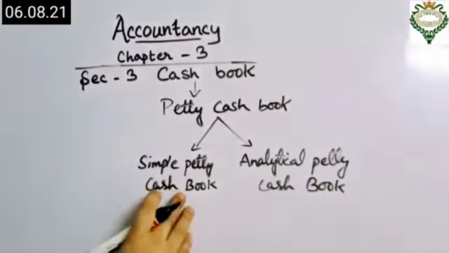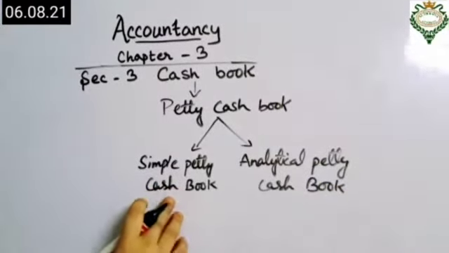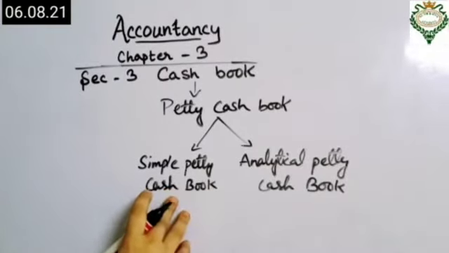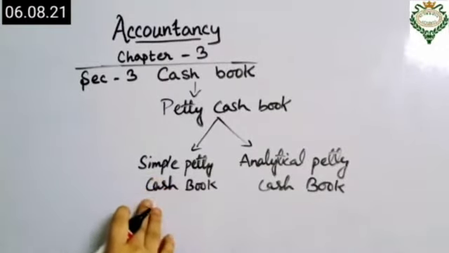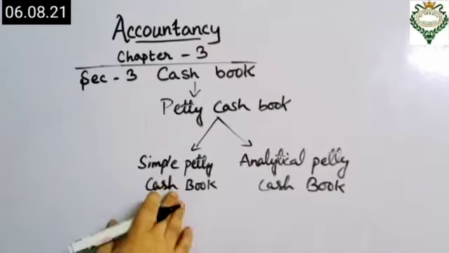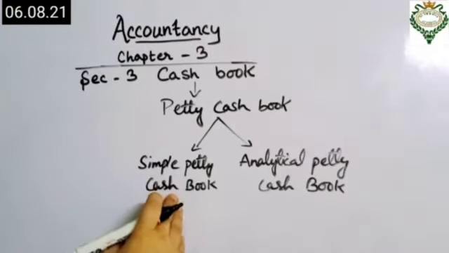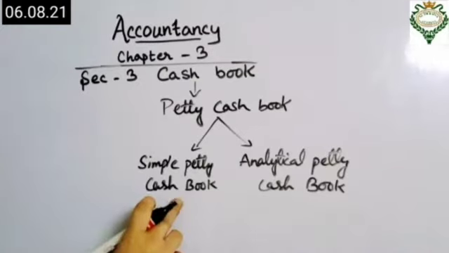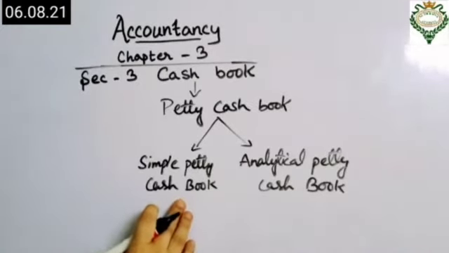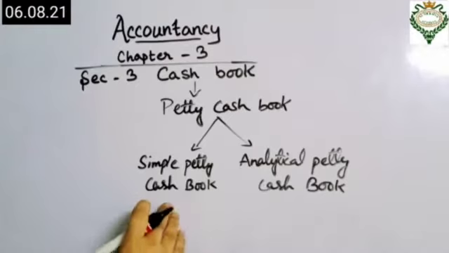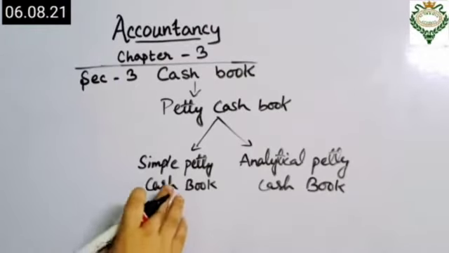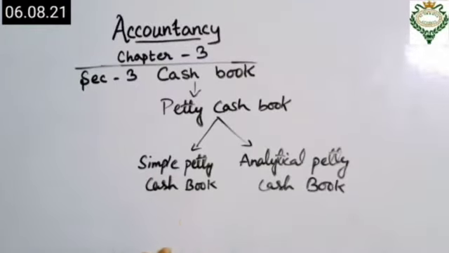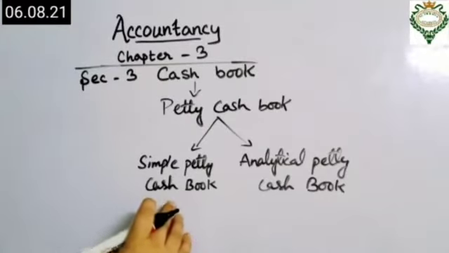For the simple petty cash book, we have to record all the transactions, whether we receive some cash or whether it is an expense, in one column under the particular heads. The expenses we will record on the credit side. Got it? In the simple petty cash book, we maintain one particular column in which we record all the